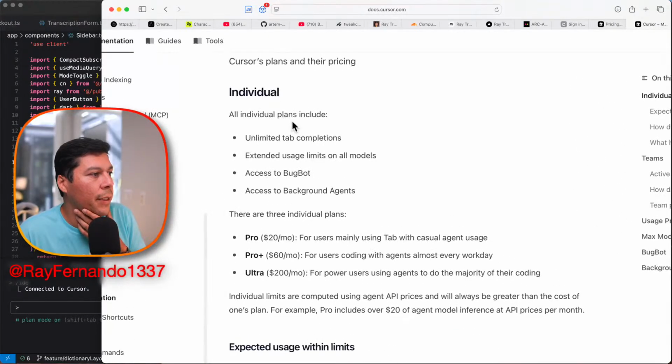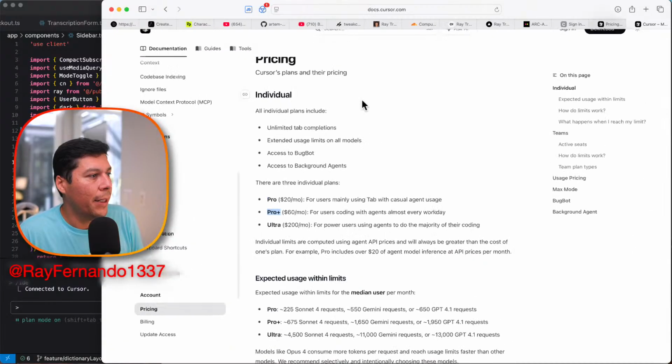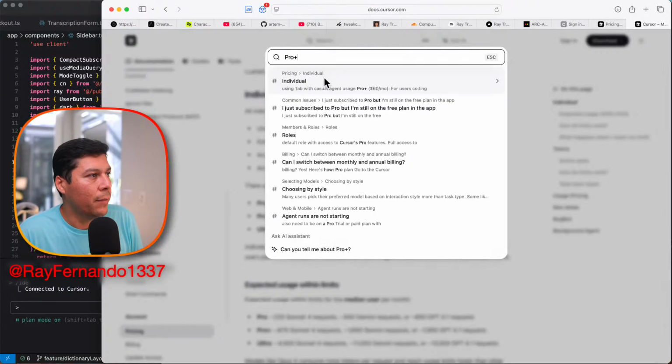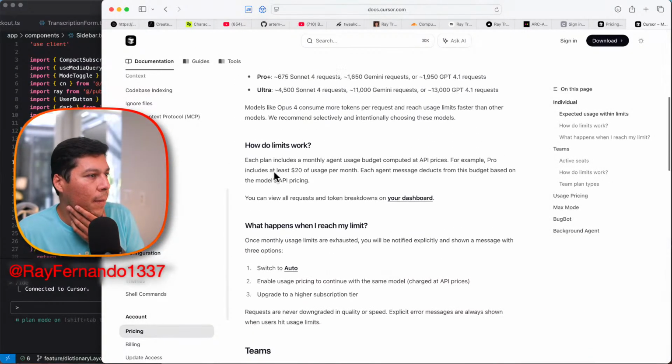So as far as plans here, it does say something about Pro Plus for users. So I don't know where to buy this Pro Plus plan, like if I wanted to sign up for it. Individual? Yeah. So you can review all the requests and token breakdowns on your dashboard. Okay.